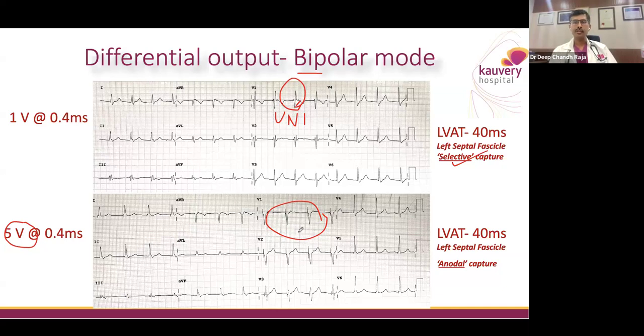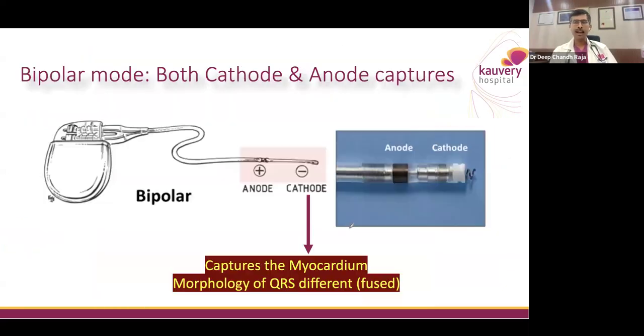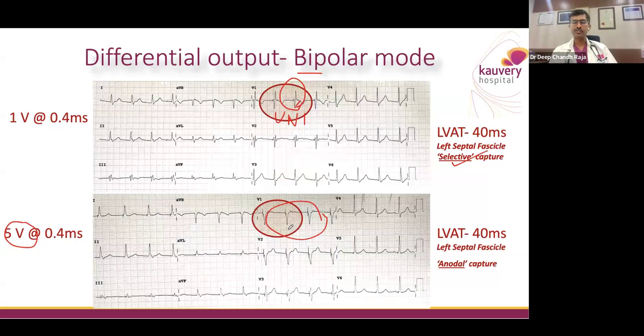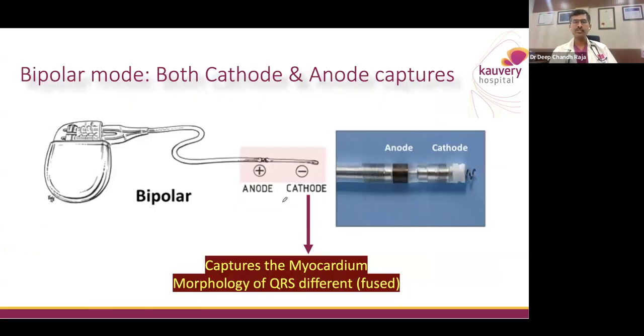When the cathode is much deeper into the interventricular septum, the anode is on the right side of the septum, and hence the left bundle branch block morphology. Nevertheless, the left bundle branch block morphology is still narrow. The resultant QRS is still less than 120 milliseconds. But what we need to understand here is that this particular QRS, which is left bundle branch block morphology, is the result of capture of both the anode and the cathode, because at this stage, the cathode is well past deep